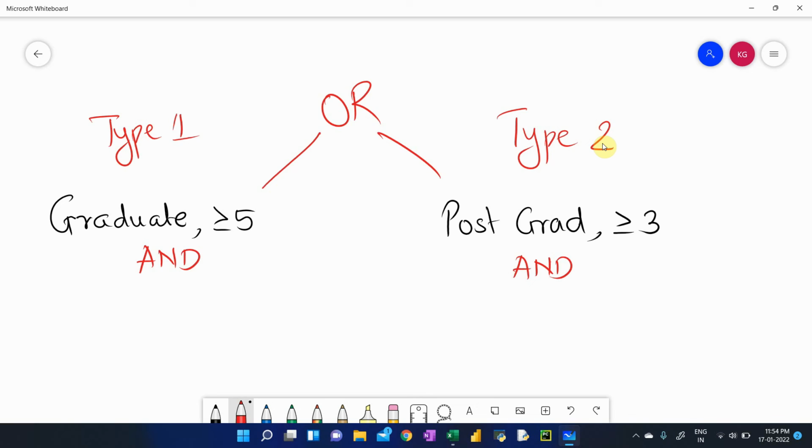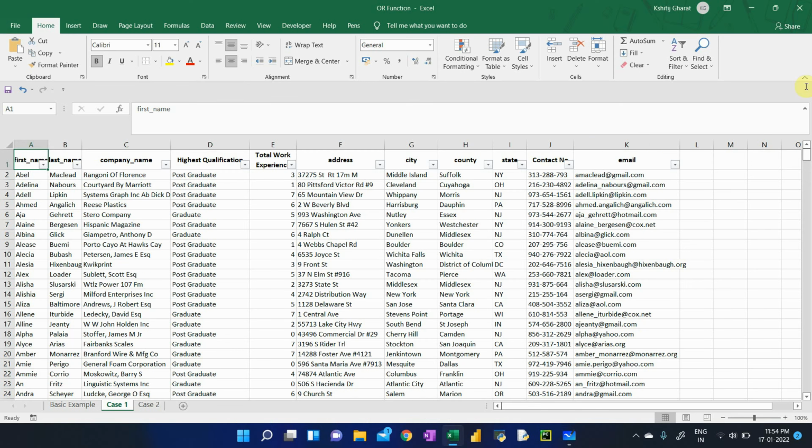So how we'll do this is, we'll perform a test in column L. I'll define OR first. I press OR, hit tab, and define my first logical test. What is my first logical test? The first logical test is a combination of two logical tests. That is, I press AND because I have to define two